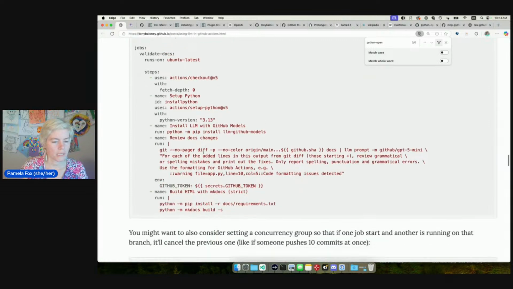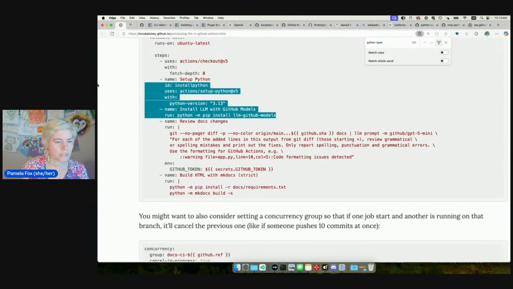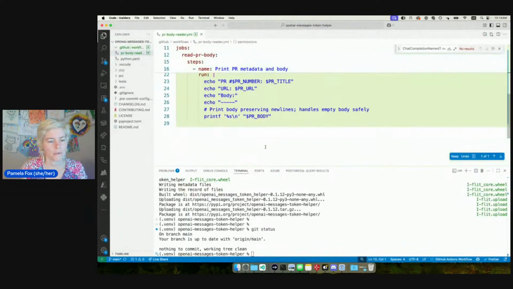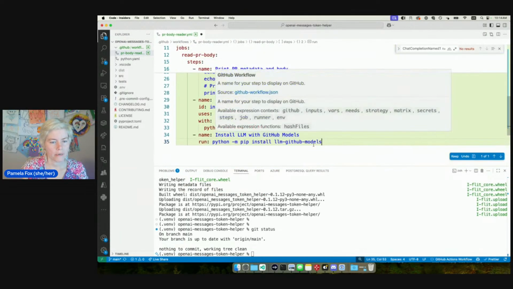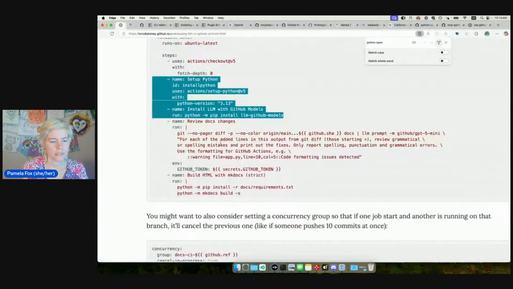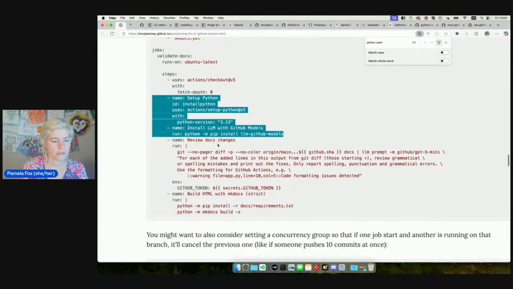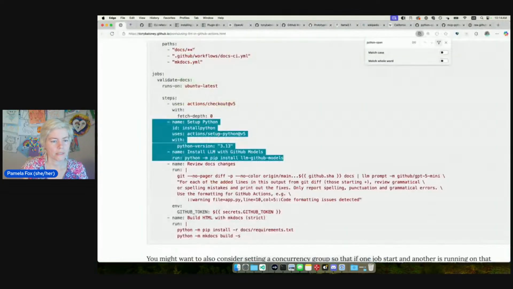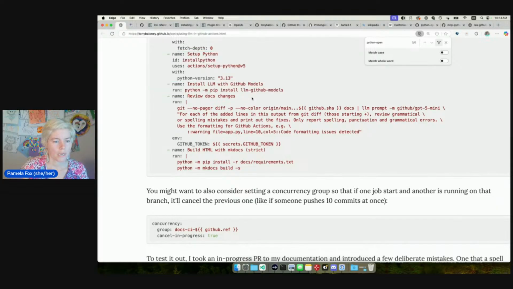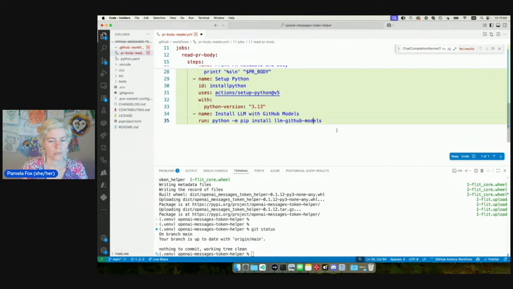And then I'm going to steal all this stuff here from Anthony. Okay. So it's going to set up Python and then install LLM, install GitHub Models. Let's see, runs on Ubuntu latest. That looks good. And then, okay, review,